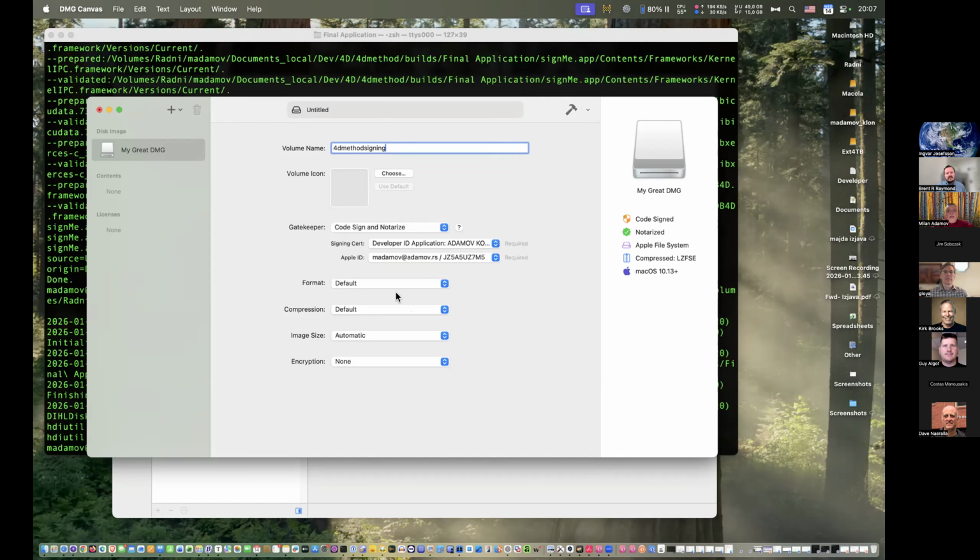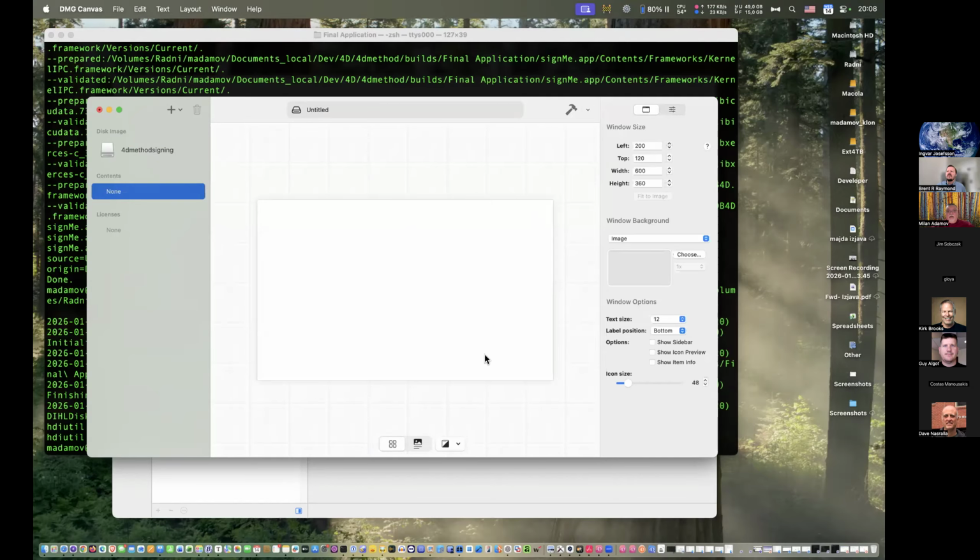For the format, let's do uncompressed, image size automatic. To add files, you go to content here, and you can just drag and drop.